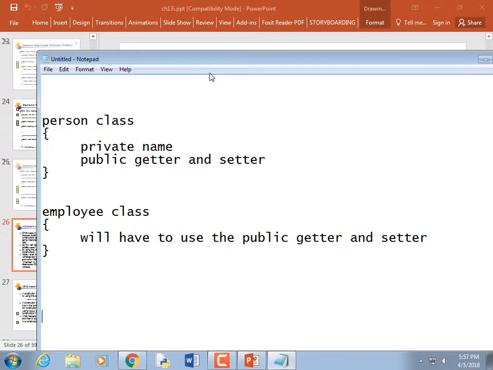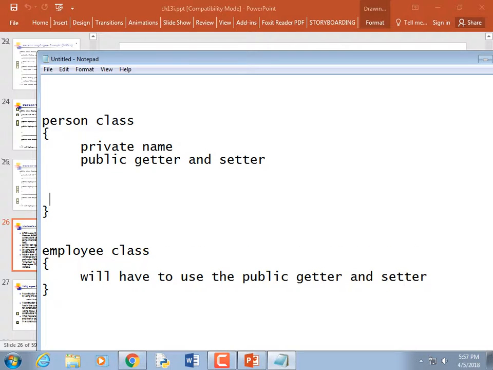But if you want, you could make a member protected. Age. So to have to use the public getter and setter for name, because it's private, but can have direct access